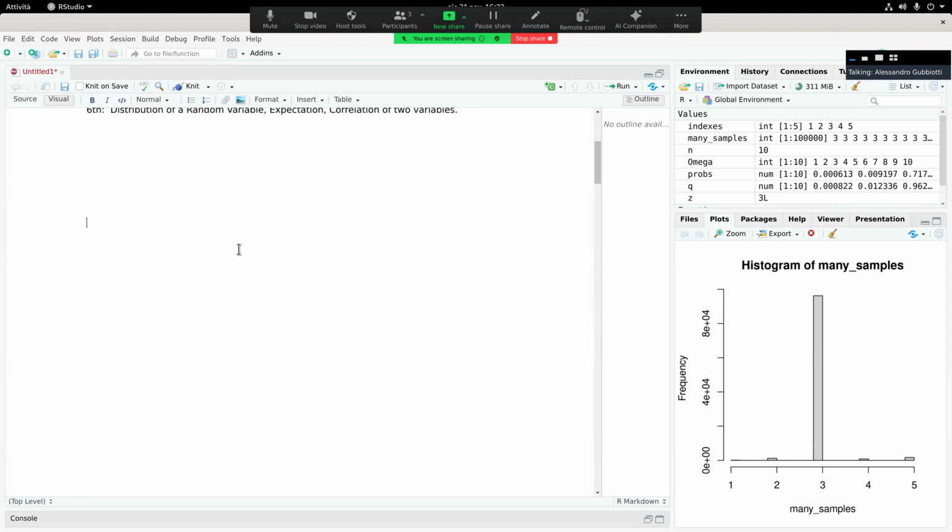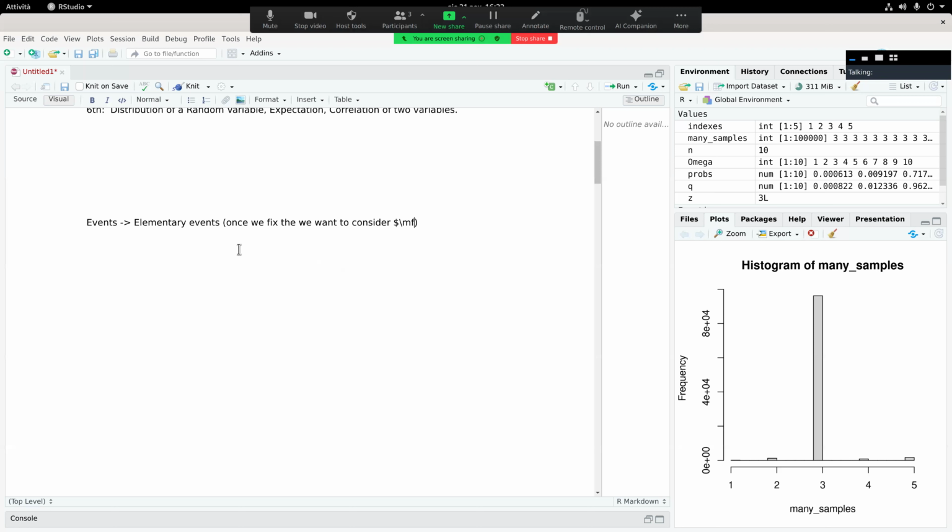From the events, we have defined the elementary events, which depend on how precise we want to be, once we fix the events we want to consider. Then we have